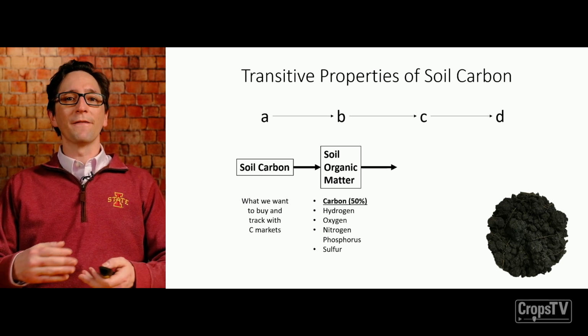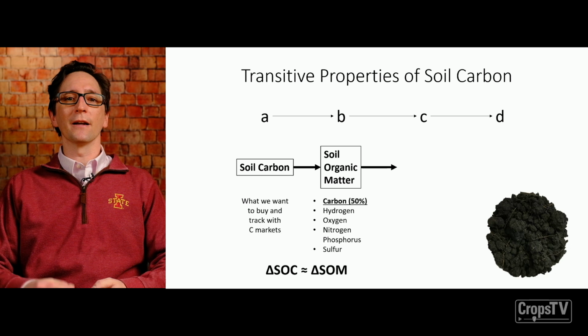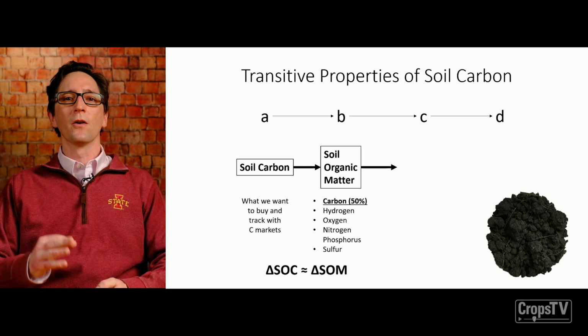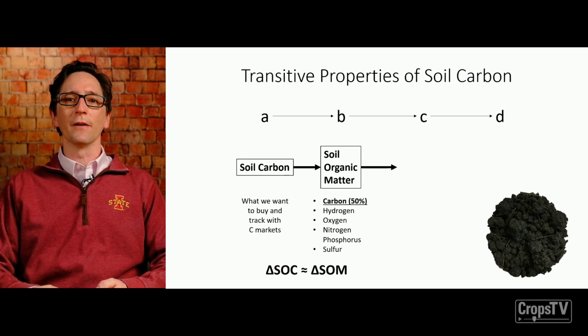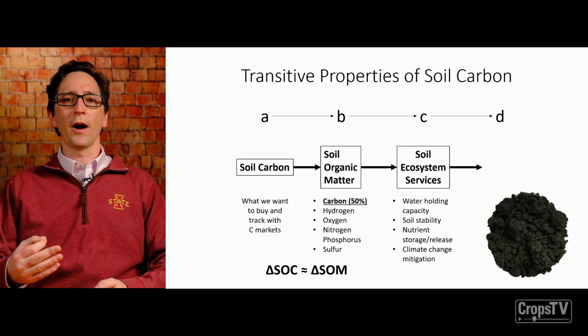Although there is a relatively fixed ratio of carbon to some of these other elements, we can roughly estimate that a change in soil organic carbon is about the same as a relative change in soil organic matter. So you'll hear me switch back and forth between the two, but we are talking about two different things. Carbon is just the one element, where soil organic matter comprises all these other elements, carbon being 50% of it. And then the next transitive property,